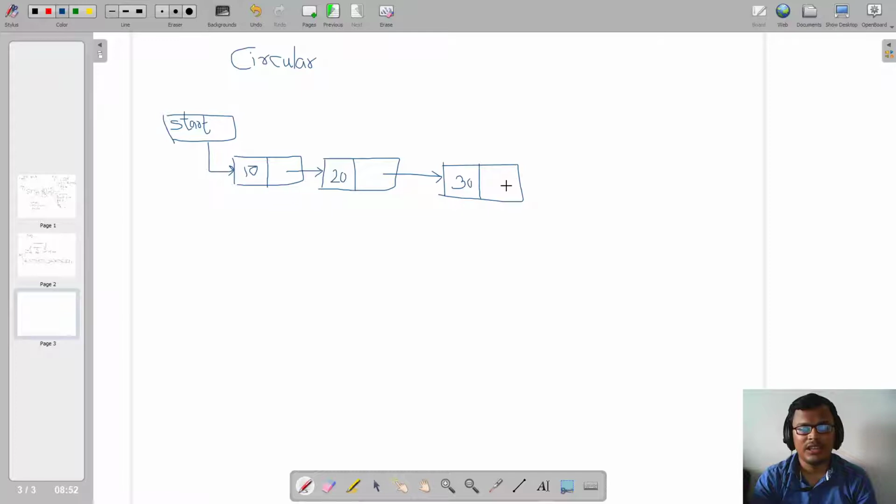Now in a normal singly linked list, the next of 30 was pointing to null, right? But this is a circular linked list. So in case of a circular linked list, the difference is this next is pointing to the first node or starting node. This is my starting node. So it is creating a cycle for us.